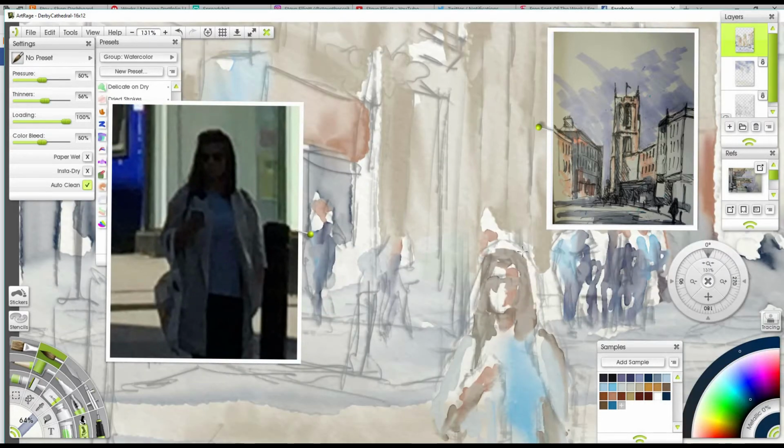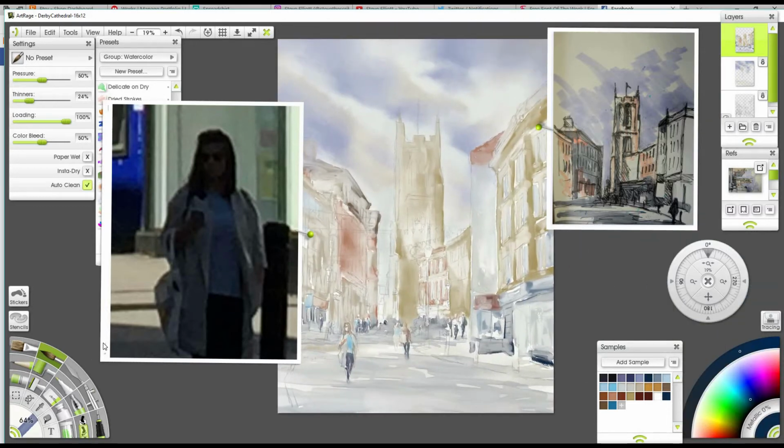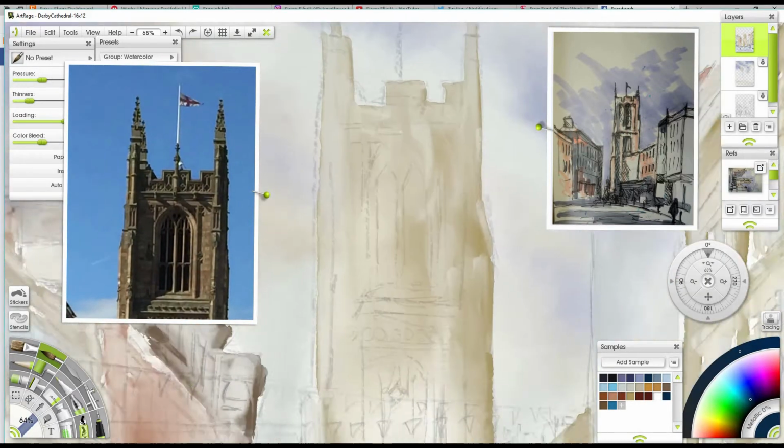Here I decide the lady's head is too big, so I rub a little bit of the head away. And what's cool here is I use the colour sampler to pick the colour around the head, to sample that, and then repaint that back in